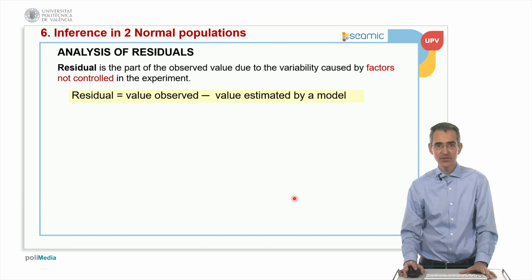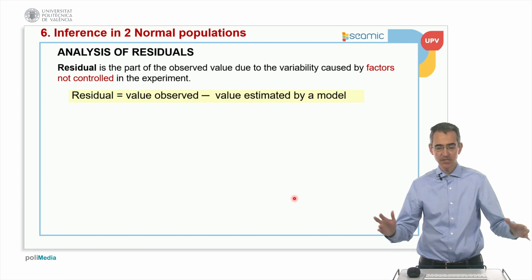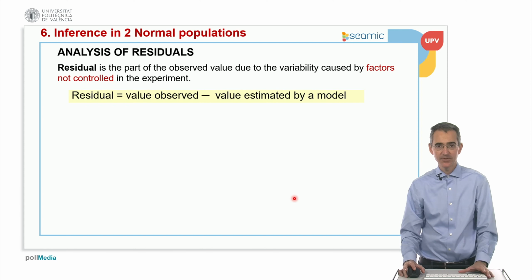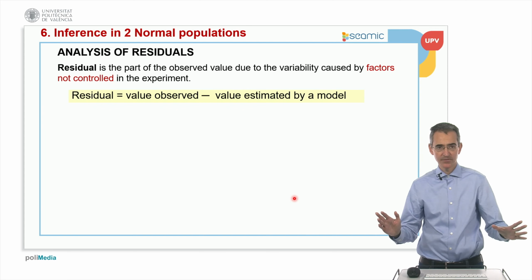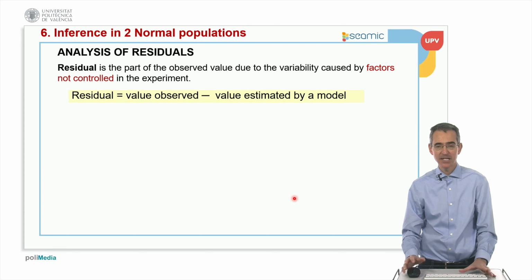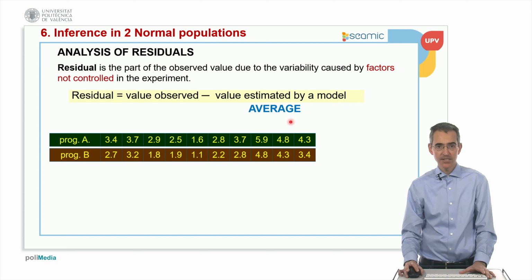Residual is the value observed minus the value estimated by a model. This is a general definition. It's the same for inference, ANOVA, and regression. Remember, it's an important definition. Residual is the value observed experimentally minus the value estimated by a given model. Usually, that estimation is like an average. So in this case,